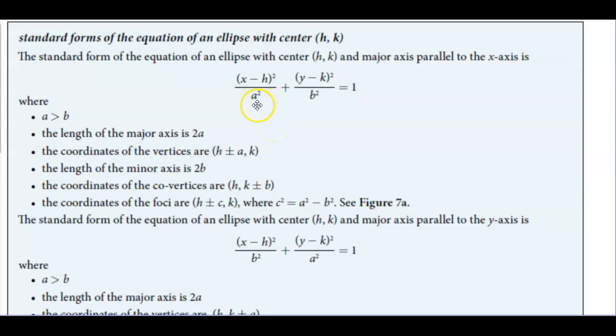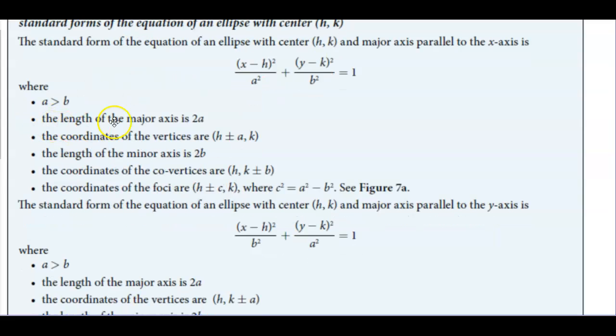Since if a squared is greater than b squared, then it means the major axis is going to be on the x-axis. So when a is greater than b, again the length of the major axis is 2 times the value of a. Now the coordinates of the vertices are h plus or minus a, k. The length of the minor axis is 2 times b. The coordinates of the co-vertices are h, k plus or minus b. And the coordinates of the foci are h plus or minus c, k, where c squared is equal to a